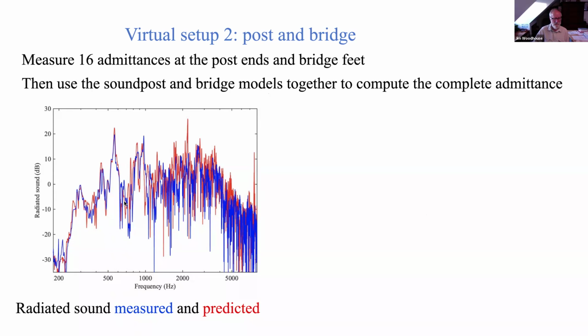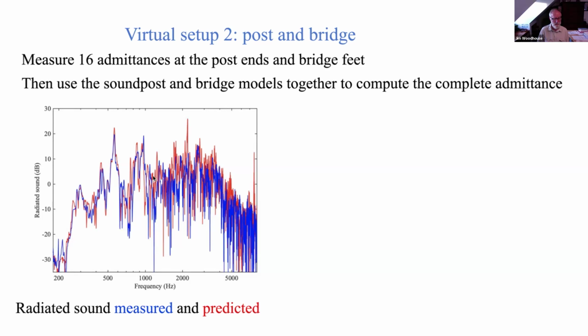This is the frequency response to radiated sound from tapping at the bridge. The blue one is the measured response on the real thing. The red curve is my prediction of exactly the same sound radiation, but based entirely on this set of measurements